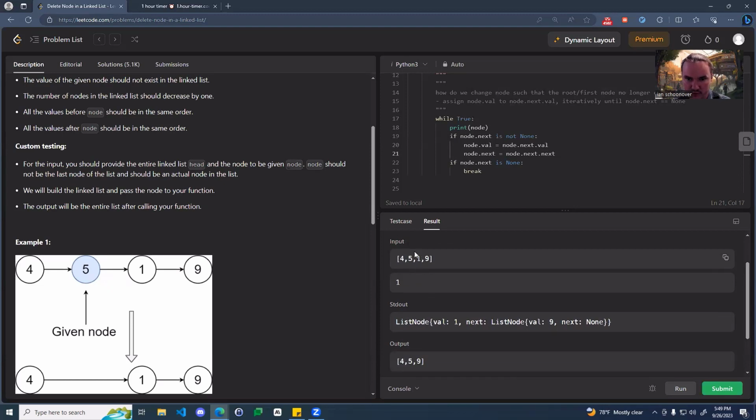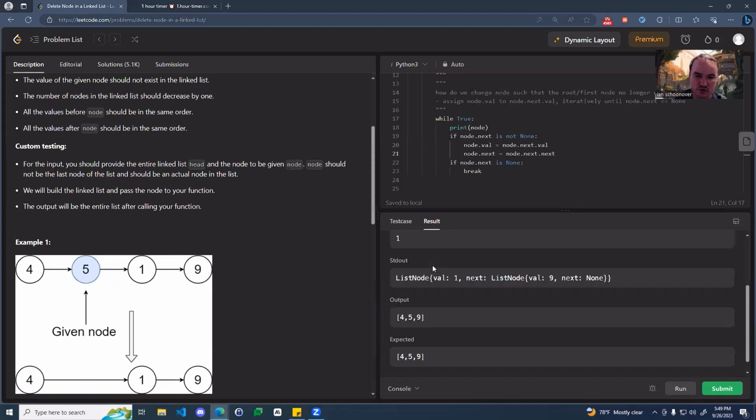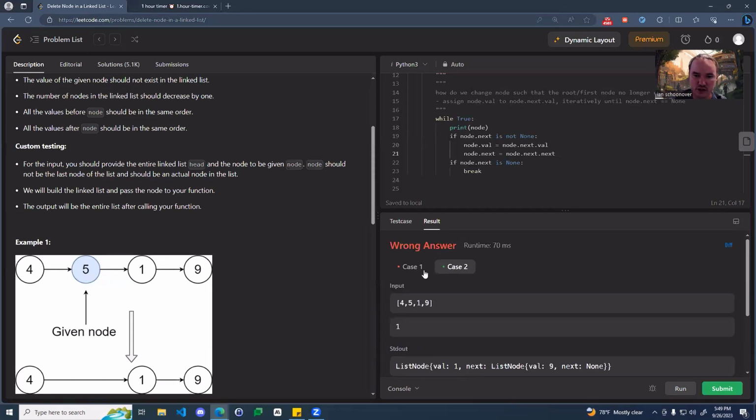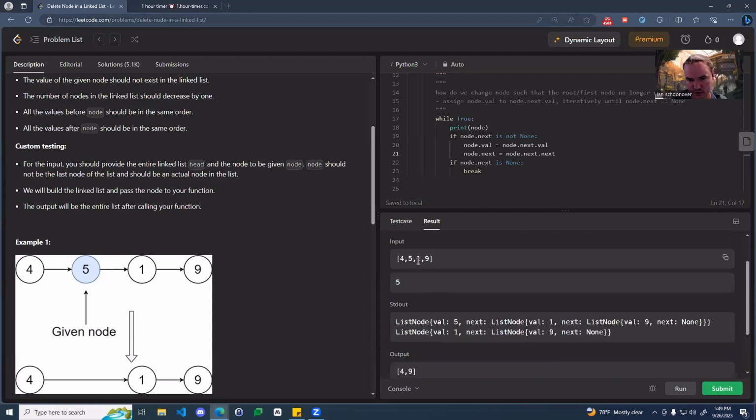So 4 and 5, we're getting rid of 1. We're essentially taking 9 and putting it in 1's place. So then if 5 was pointing to 1, now 5 points to 9, which should be good. I guess the tricky thing here is in the case where it's the second node,